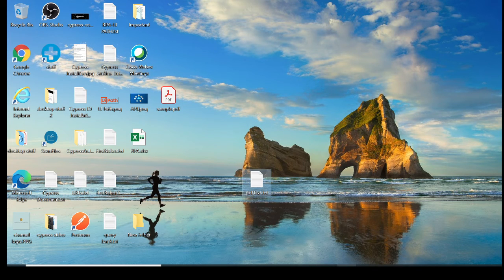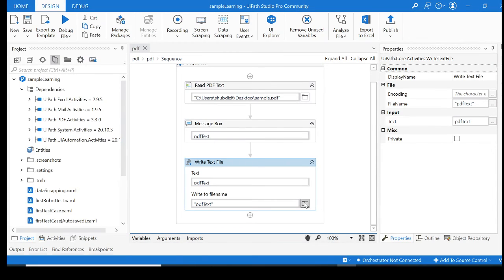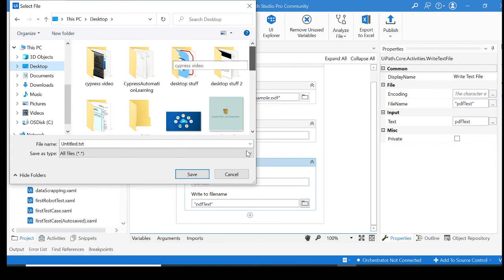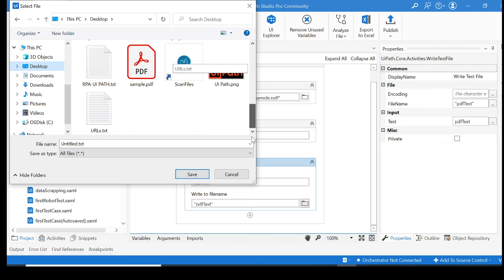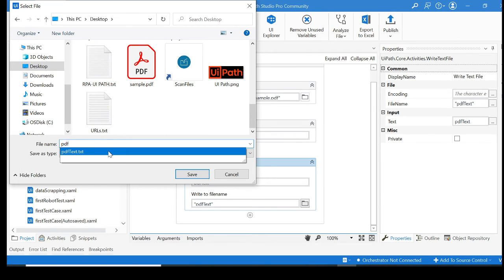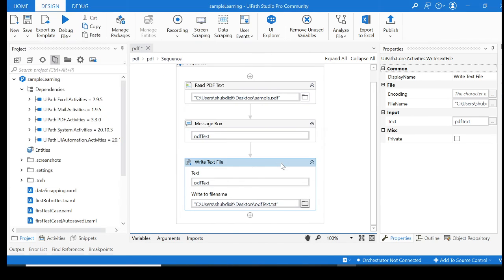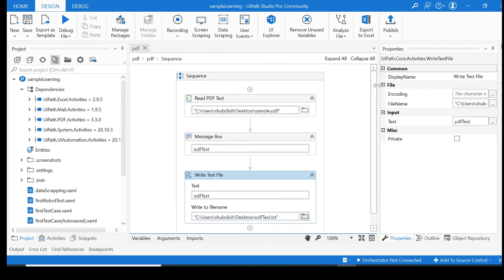Right, and we need to browse to it. On the desktop I'm gonna store it, and I've named it PDF text.txt, and I'm gonna save it. Yes, I want to replace it. So I've given the path where I want to save the data of the sample PDF file.